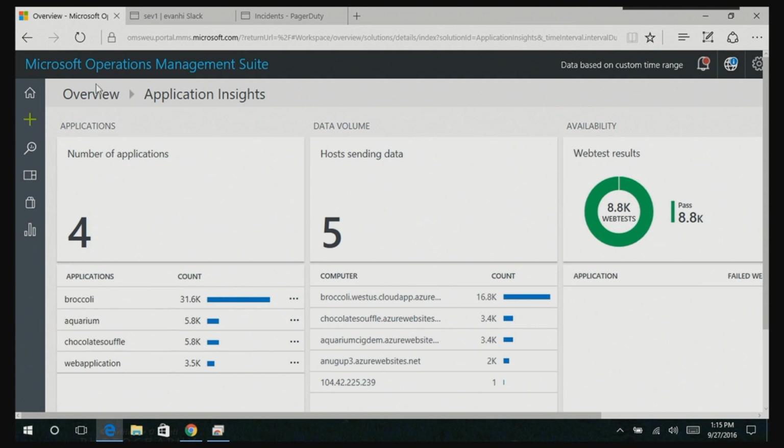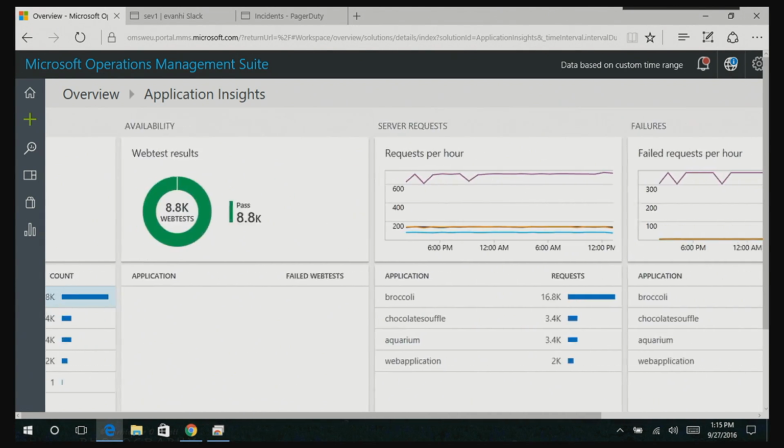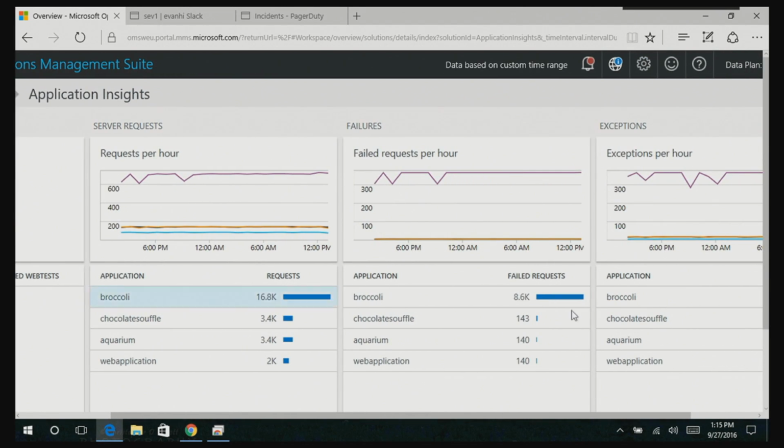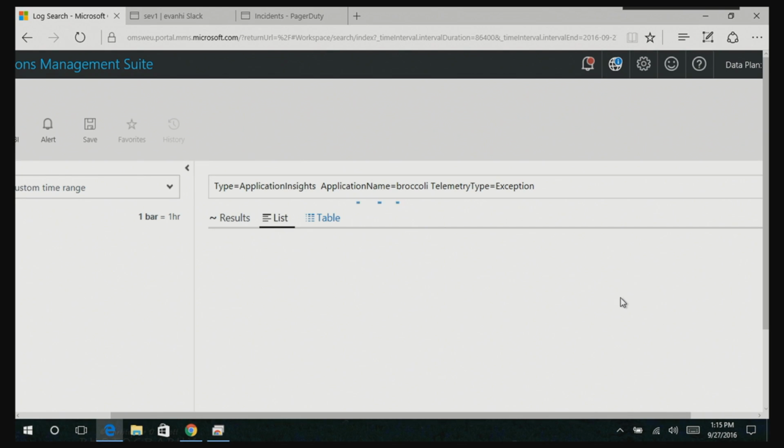I'm going to close that out, and we're going to come back here, and I'm going to show you what else we can see about this information within Log Analytics. So I said the Broccoli application is the interesting one, and in particular it was exceptions that were there. So we can drill in and have a look at exceptions, and as I come into Log Analytics, what we're going to see